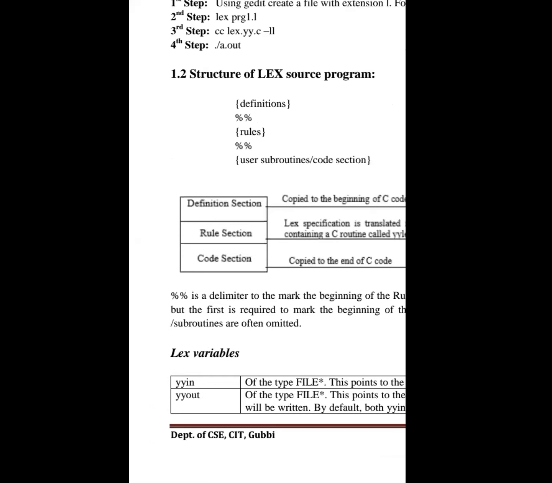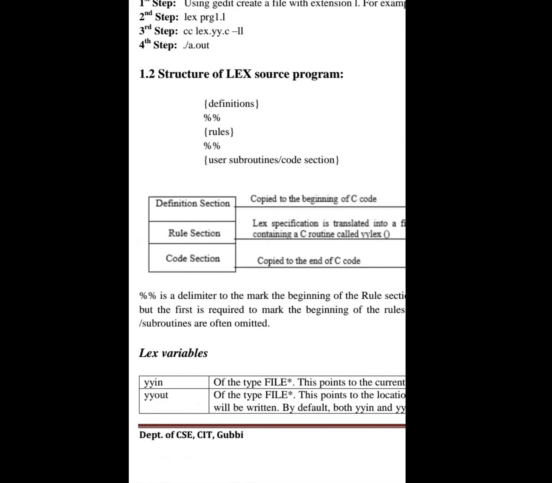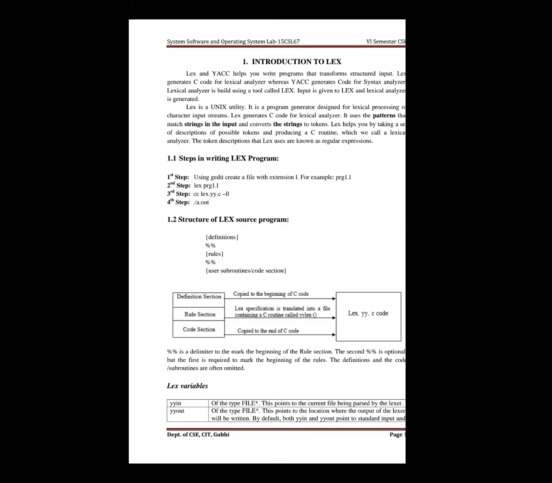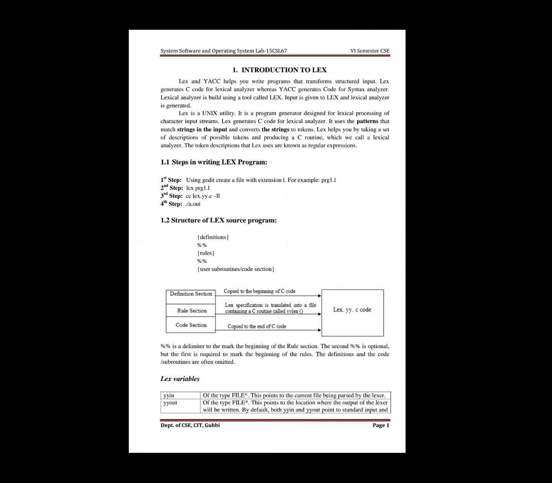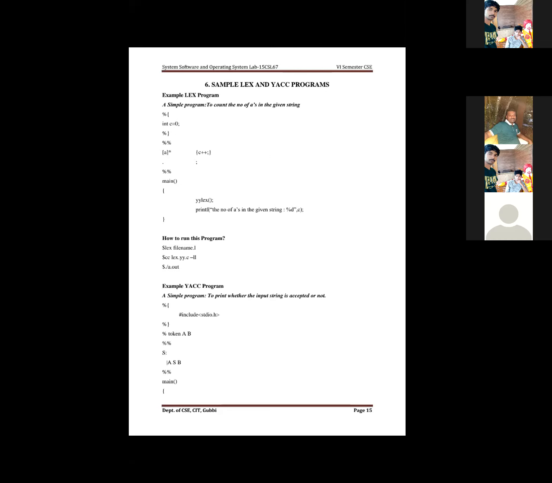So definition section, rule section, user subroutine section; every Lex program will be divided into 3 sections. Next we have the Lex variables yyin, yyout, yylex, everything will be there.